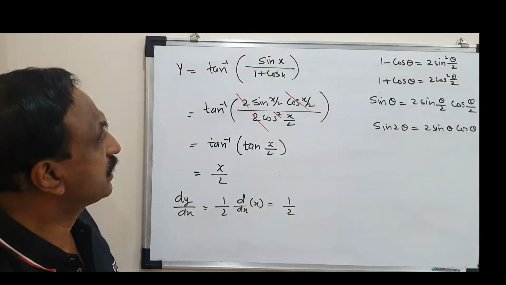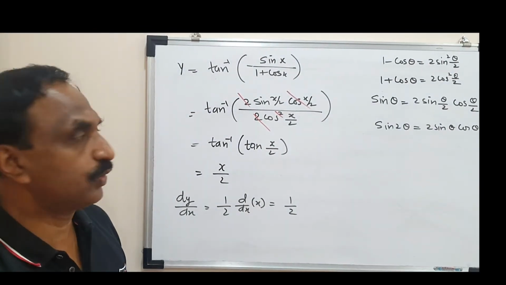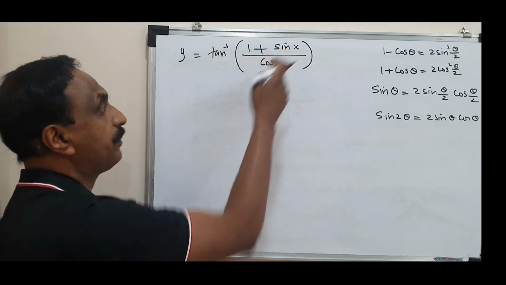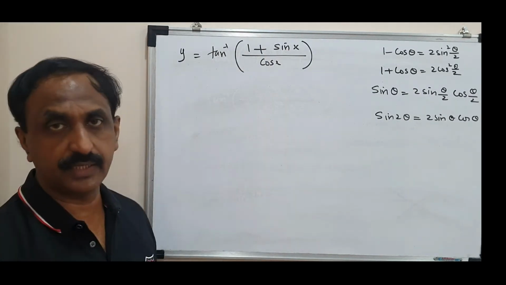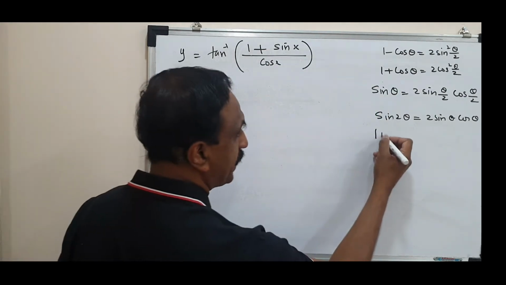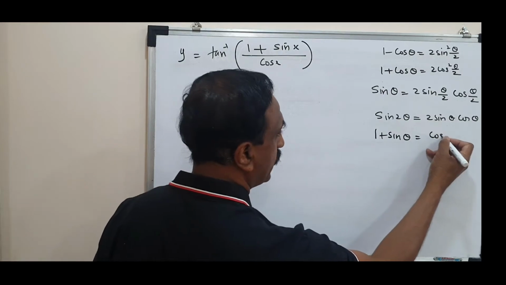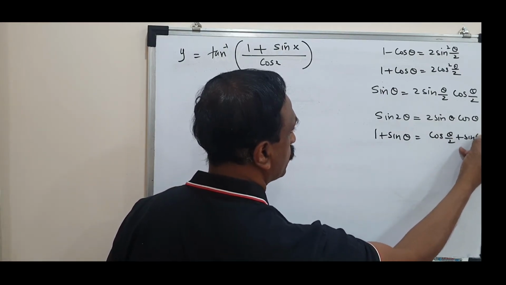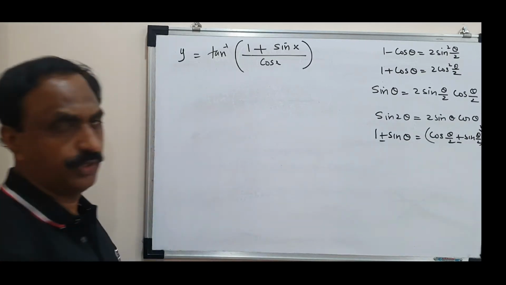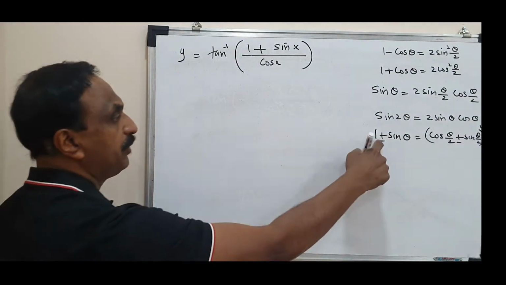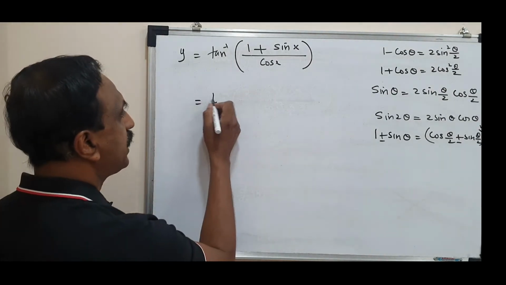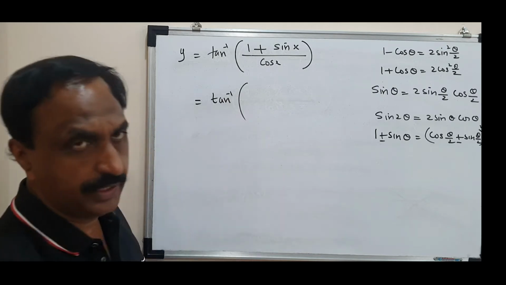Now this is the next problem, let's have a look at the next one. If it is tan inverse 1 plus sin x upon cos x, can we apply the same technique? I have formula for 1 plus sin theta. 1 plus sin theta's formula is cos theta by 2 plus sin theta by 2, the whole square. And 1 minus is, of course, the denominator, you will become middle sign minus. But I am not going to use that formula. I can use that formula also, but I am avoiding that formula. Instead, I want to reduce the number of formula that we need to remember.